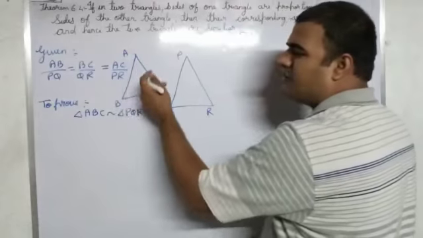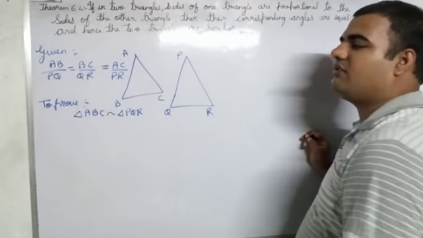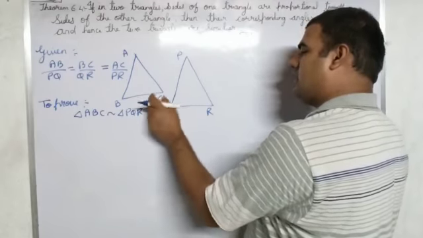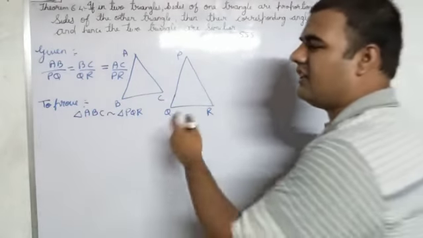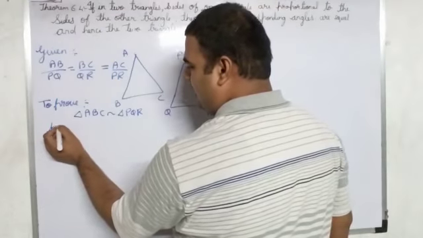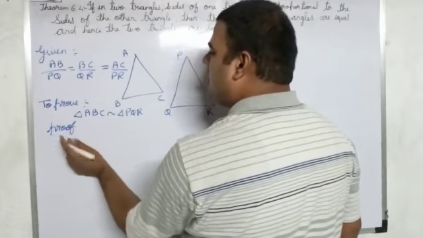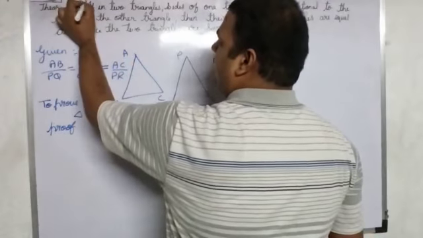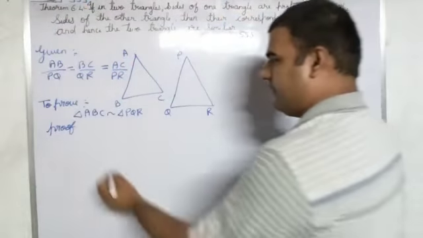Okay, and also prove that corresponding angles are also equal. Angle A equals angle P, angle B equals angle Q, angle C equals angle R. That also you can write, no problem. But I will write this only, which is important. And if you prove this, we can apply this SSS criteria to solve the question.